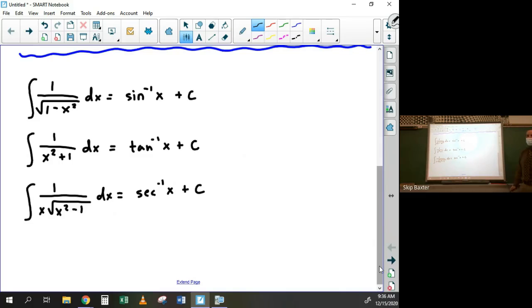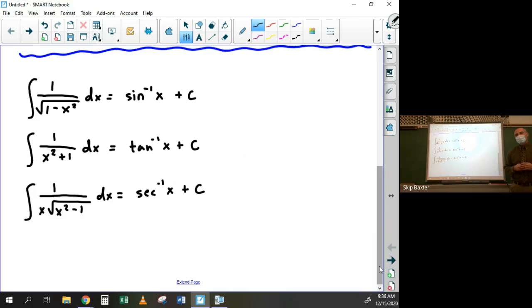If there happens to be a negative in front of any of these, you could just have it be negative sine inverse, negative tangent inverse, negative secant inverse. Okay? So if it was negative, it would just be cosine? Yeah, it could be either one. I would just be aware that they're both possibilities, like if I was trying to fool someone on the multiple choice.